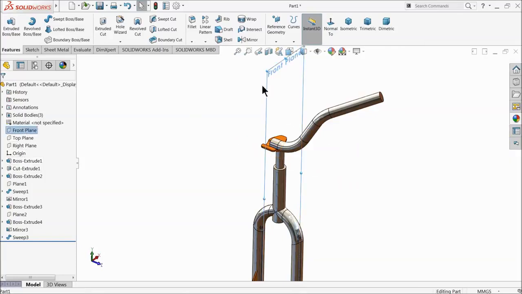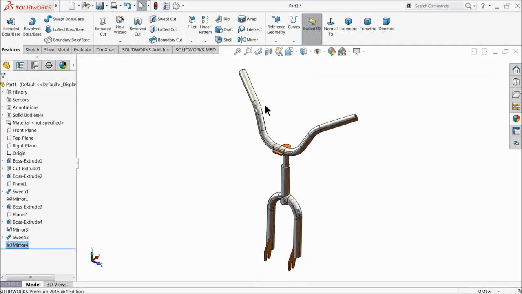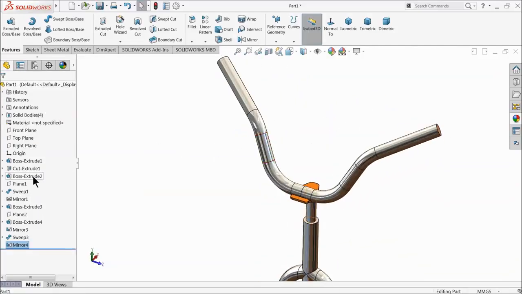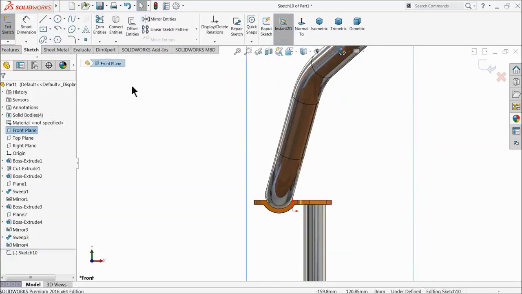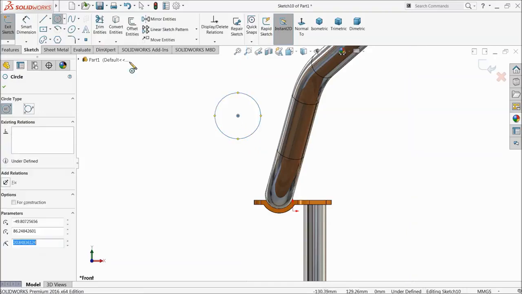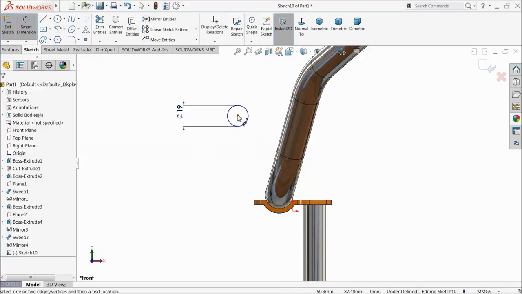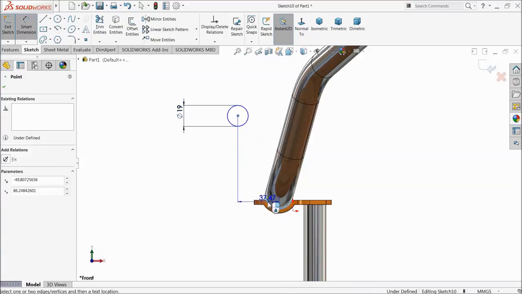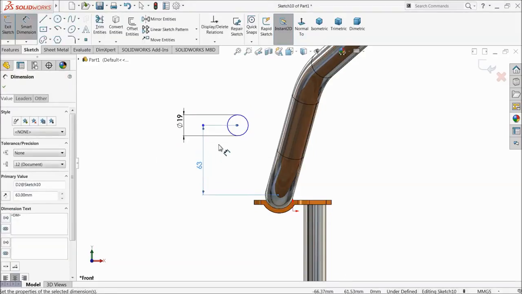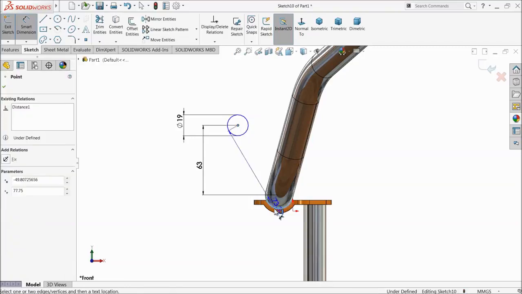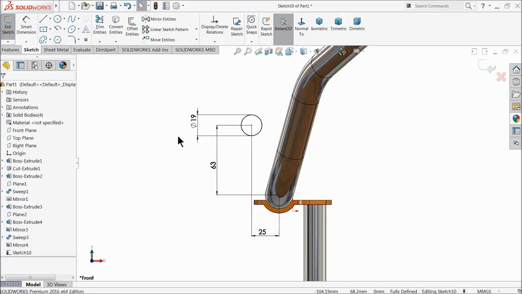Now choose front plane, mirror, select this body. Okay, now see, it's mirror. Again choose front plane, sketch, normal. Now here we want to connect 19 millimeter, 63 millimeter, 25 millimeter. Okay,